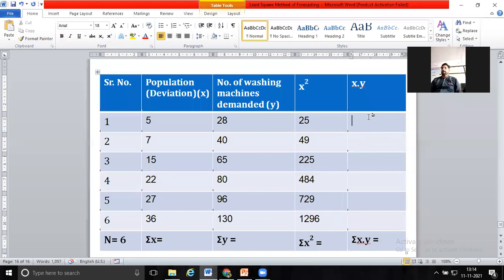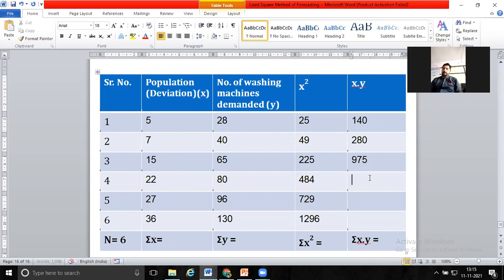Then in the next column, you have to multiply the deviation for the respective data and the demand of that particular data. So 5 multiplied by 28. Deviation is 5, demand is 28. 5 multiplied by 28 is equal to 140. 7 multiplied by 40 is equal to 280. Then 15 multiplied by 65 is equal to